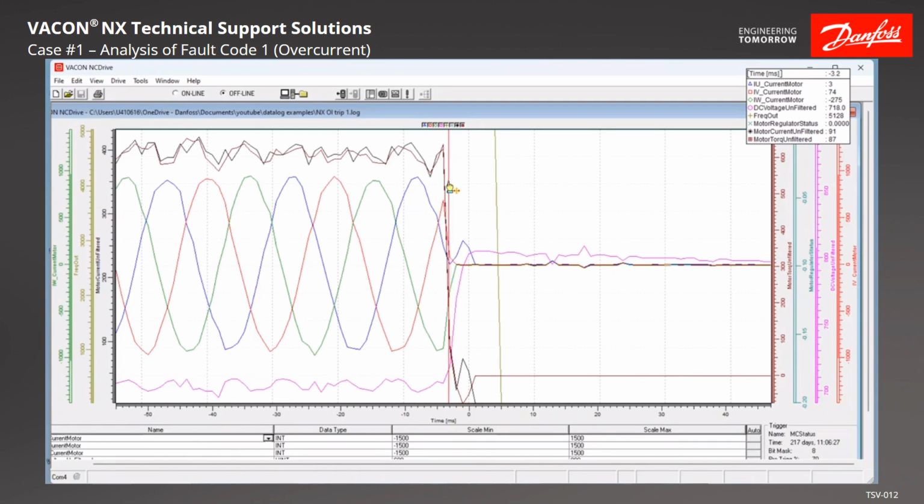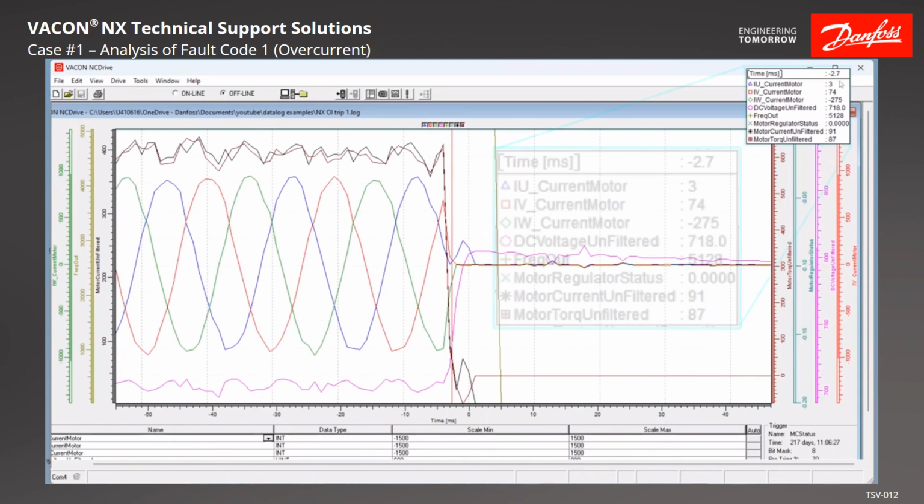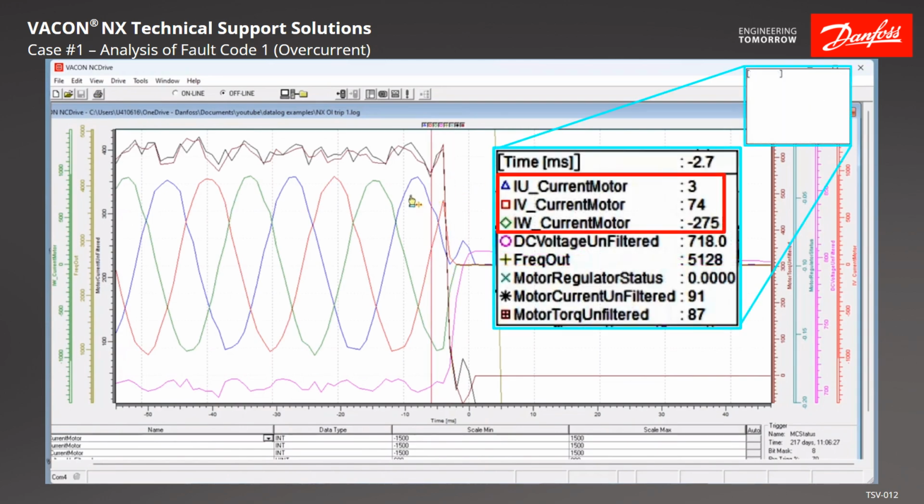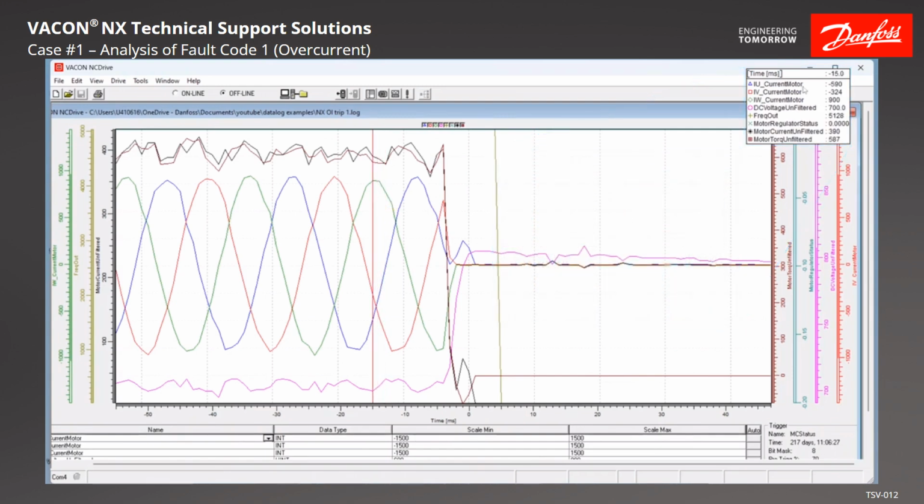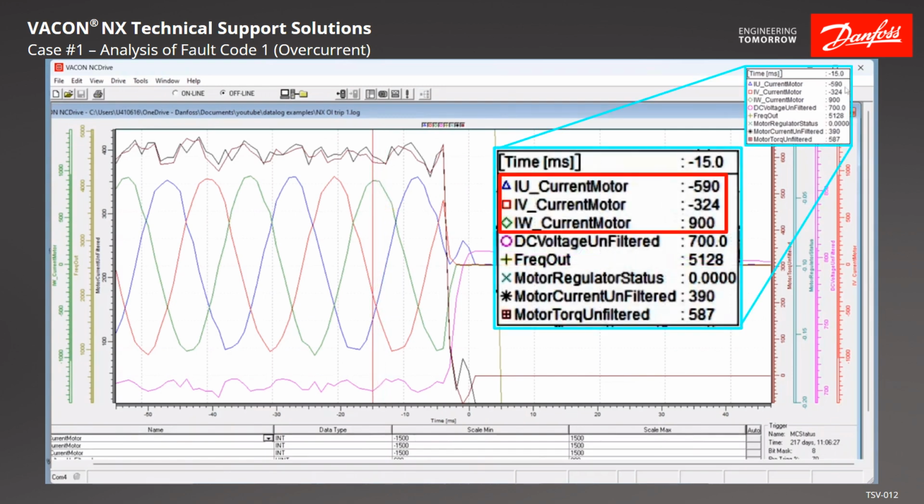Right about that point as we go back, we start to add the currents up. I said as we go back, we know that when we add currents up at any given point, we should get 0. Anything that's left over is ground current. So if we're looking at this, we got 900 on one side with 915 on the other side. So about 15, so that's roughly